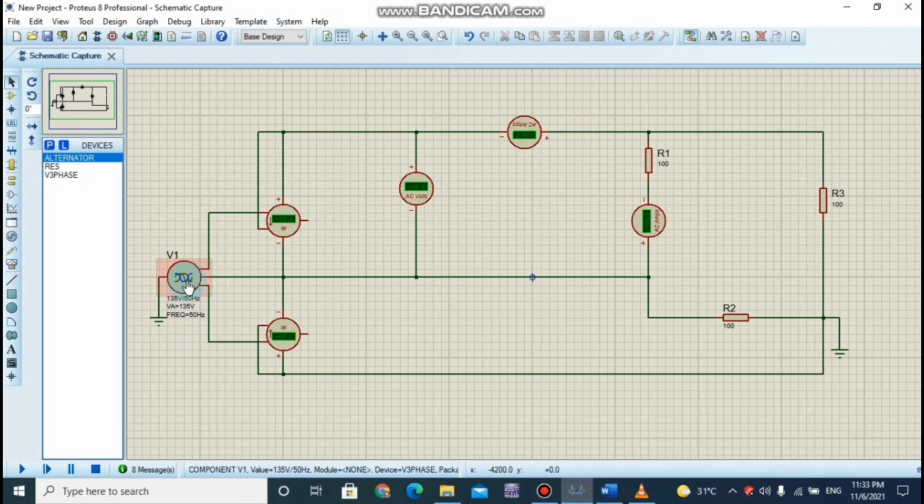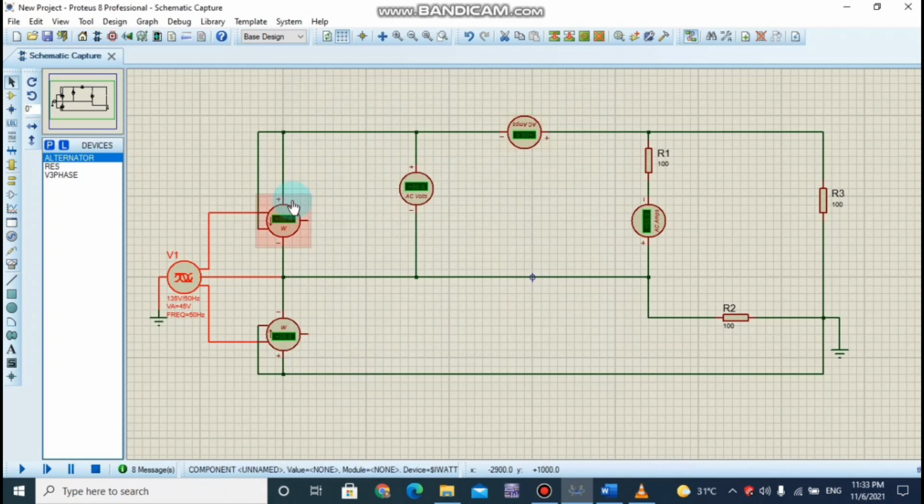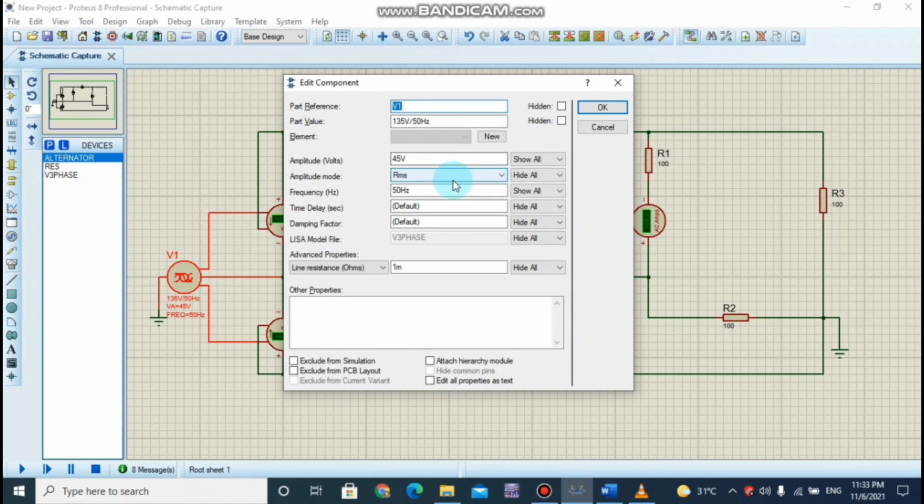Today I want to show the simulation in Proteus for experiment 6, activity 2, the connection circuit of 3-phase star delta connection. And I will run for the voltages 45 volt, 90 volt, and 135 volt. And here it's blank,